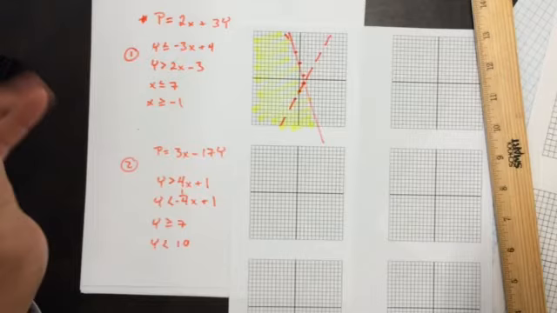Now, going back to the original rule that I put the star next to, this is like my containment region, and they will ask me for a minimum or a maximum using this equation. The minimum is the lowest value when I plug in my vertices, and the maximum is the highest value. So I need to use this equation right here and plug in each of the 3 different vertices that I just got. So I'm going to do P equals 2 times -1 plus 3 times 5,